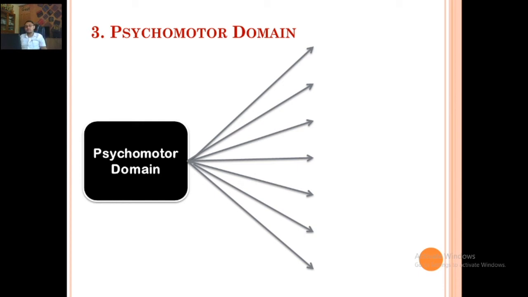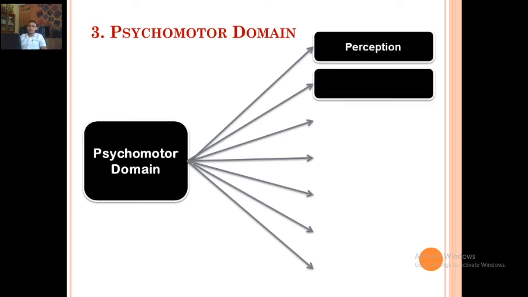Next, psychomotor domain. The psychomotor domain places more emphasis on the abilities generated by human motor functions. These subcategories of the psychomotor domain were not created by Bloom but by Simpson, but still refer to the theory put forward by Bloom. There are six subcategories of the psychomotor domain, namely